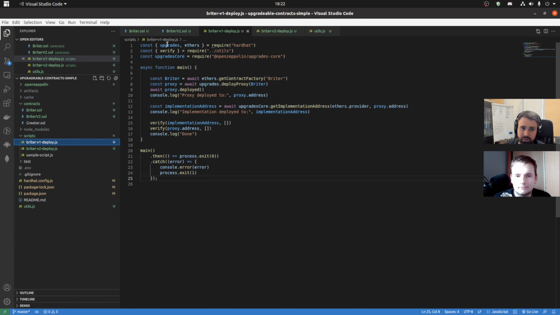We are using upgrades and ethers from the Hardhat module. We use a verify utility function, custom created. We'll show you later. And we are using the upgrades core module here to get the implementation address of the proxy. But first we start with, as usual, getting the contract. Then, a bit different, we use the upgrades